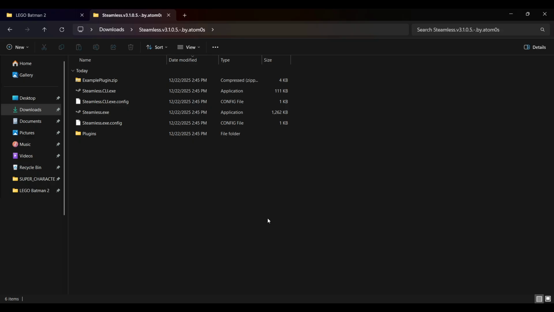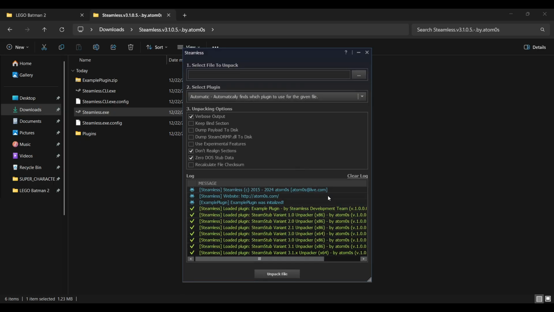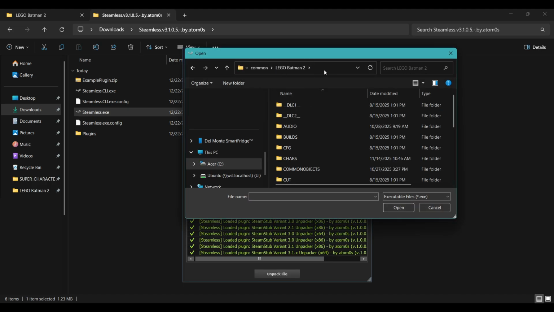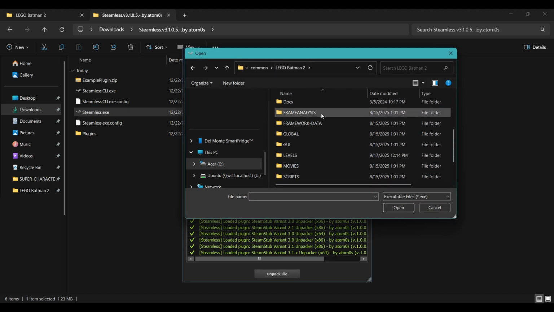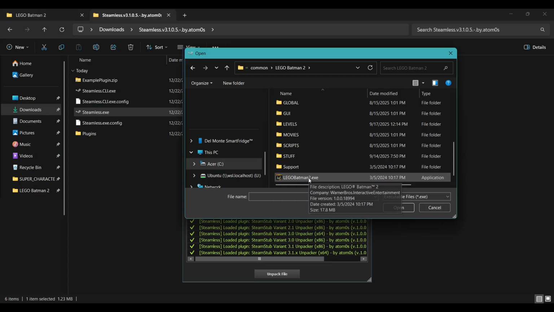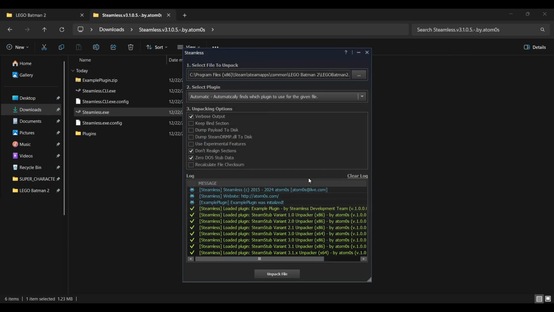Once Steamless is downloaded and you've extracted the zip file, you want to double click on the Steamless exe to open it, and then you'll be greeted with this page, and at the top it says select file to unpack. You'll click here, and then you will go to your LEGO Batman 2 folder location, scroll down and select the LEGOBatman2.exe, and you shouldn't need to change any of this. Once that's selected, you can click unpack file,